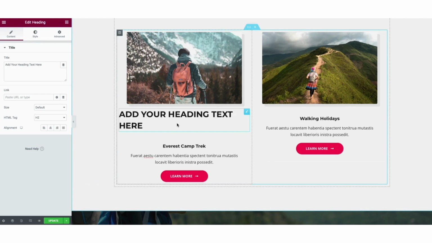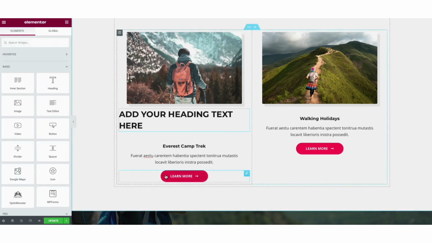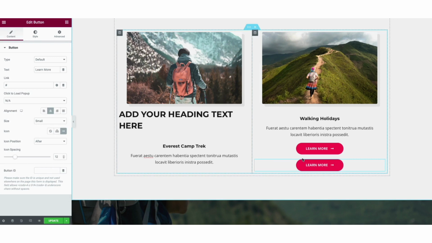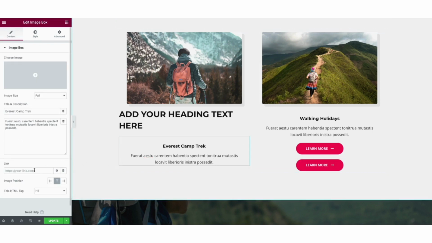If you right-click on an area, you can delete it if you don't want it. By right-clicking, you can duplicate something if you need to duplicate it. You can drag something over to somewhere else on the page by selecting it and dragging it over to where you want it. Over on the left, you'll see where you can link out the text to a page, change